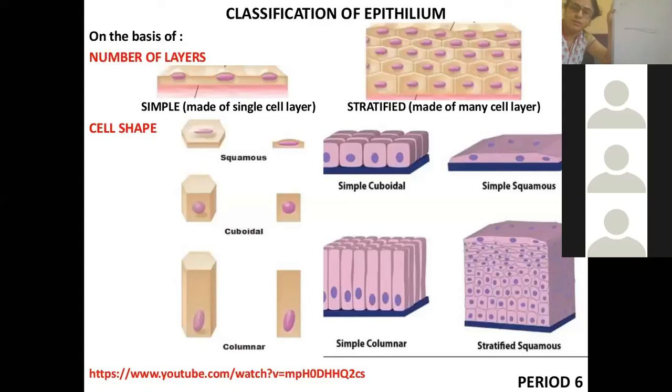I was asking about that epithelial tissue. Epithelial tissue are of different types. What you can see on your screen, there is the simple epithelial tissue, which is only just one single layer of cells. But there is stratified epithelial tissue, which is the combination of many layers of cells, built up one by one. Such kind of epithelial tissue are discussed as stratified.